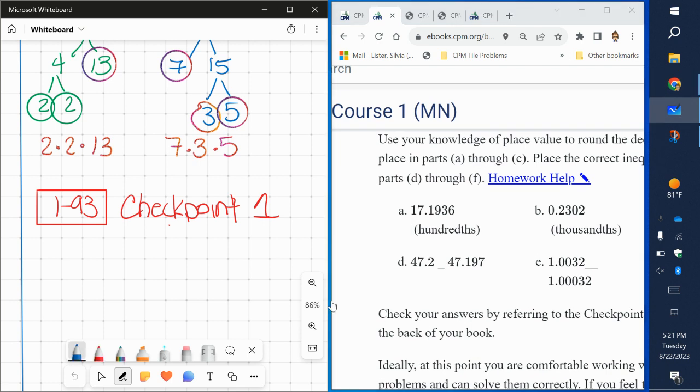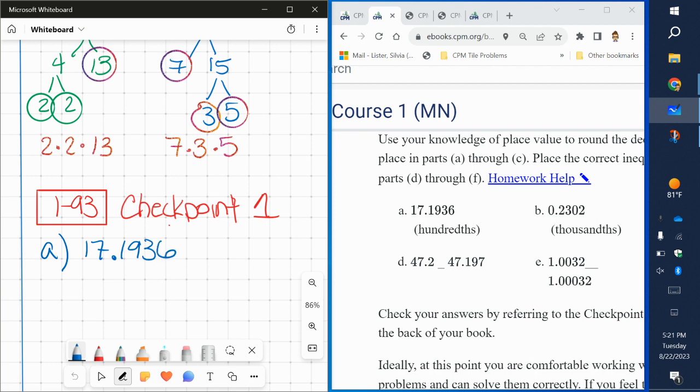17. So when it says it's a checkpoint, that means at this point, I need to check, do I know how to do it? I should know how to do this. If I don't, I need to talk to my teacher for help. So